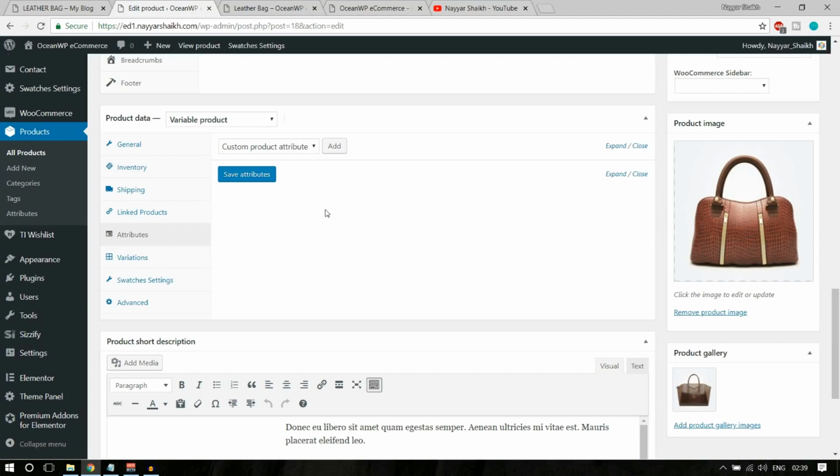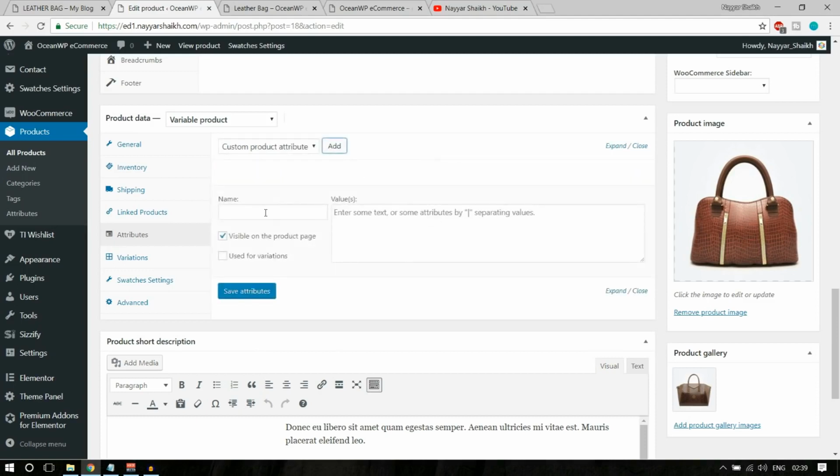Now suppose this product is available in 2 different leather materials. So what I'll do is I'll click on this add button, okay, and I'll get this option. So here I'll type in material, okay, because this is available in 2 different materials. If this is available in 2 different colors, I'll type in color, simple. But this is available in 2 different materials, I'll type in material, and I'll type in maybe leather, and other